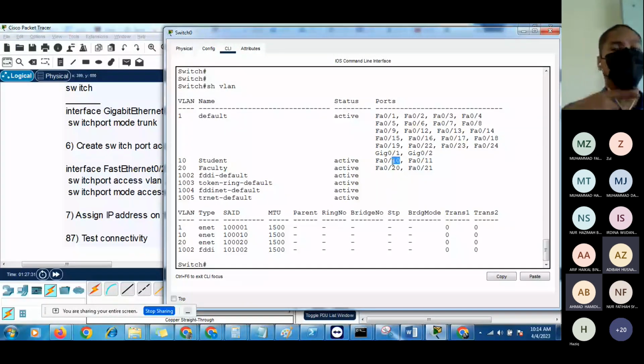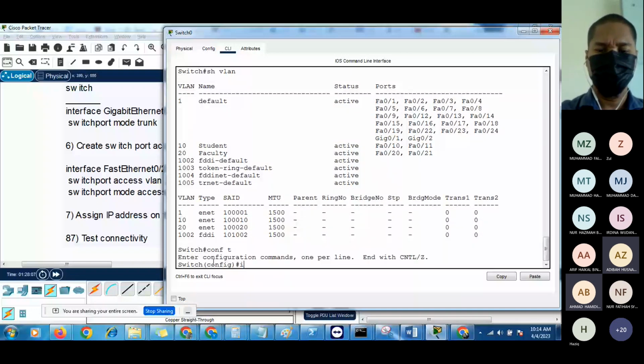Right. On this interface, if you connect to it, we want it to access VLAN 10. Just now we assigned the port to VLAN 10, but now we go to that interface. So anything connected to that interface will be grouped in VLAN 10. Right. So let's go to this interface, VLAN 10. Fast Ethernet interface 0/10. So configure terminal, interface fast Ethernet 0/10